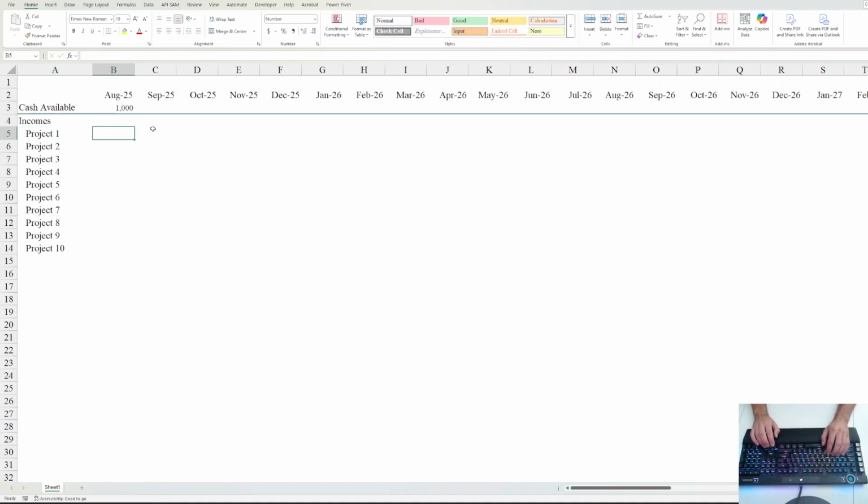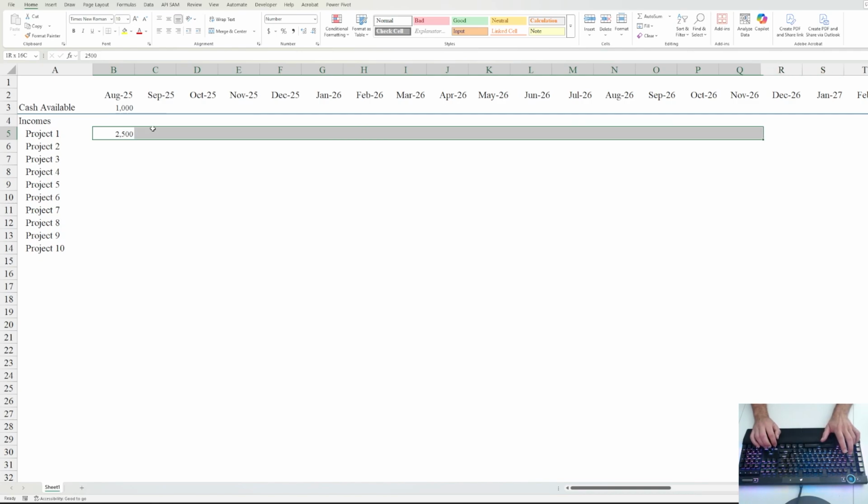All right. Now there's a lot of other things we could do here, but if you start and you only have one project and you think you're going to get client 2 or client 10 or project 10, 2 through 10 or whatever, the point of the forecast is that if we start building this thing today and we only have project 1 and it's a consistent project to go do maintenance somewhere or do work for somebody or something like that, whether you're building websites or fixing fleet vehicles for a large corporation, if it's consistent work and you say that you invoice about $2,500 a month every month,